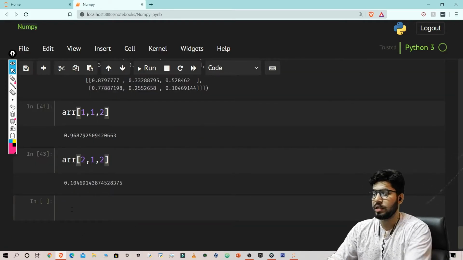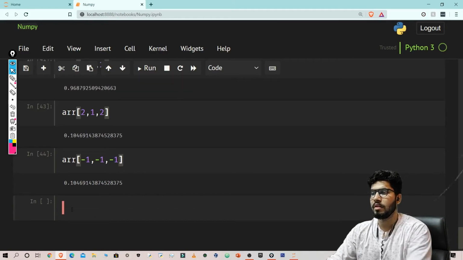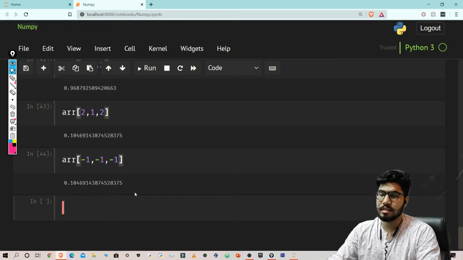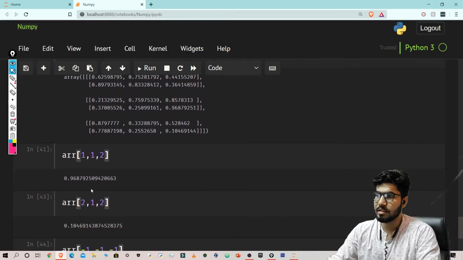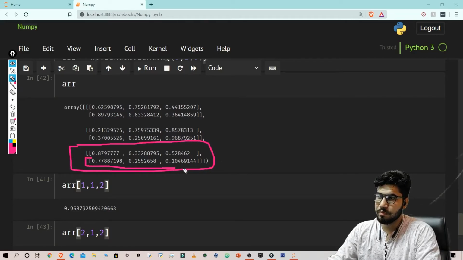But what if you need to get the last element? You can simply do -1 comma -1 comma -1, and it will always get the last element. The first -1 represented this page, the second -1 represented this row, and the third -1 represented this number.